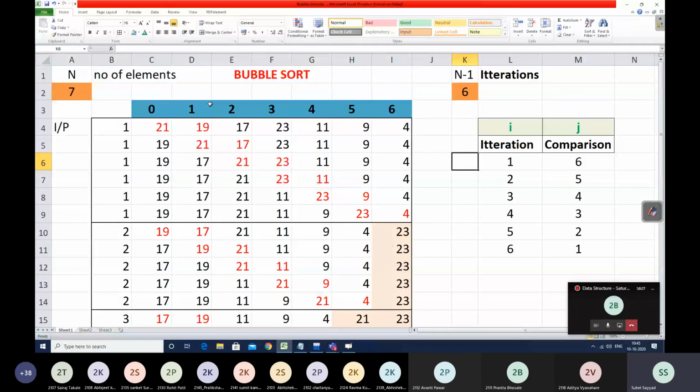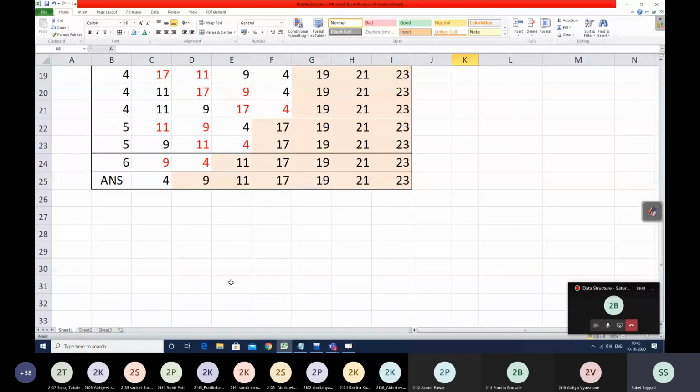So all this numerical should be there in your notebook notes. I'll be creating a link for uploading notes by afternoon, and I'll also upload the video recording of this lecture. Please see the video again so that you understand the numerical. And after you do that, I'm giving you one problem. That problem should also be there in your notebook. So you have to solve bubble sort for these numbers. I'm writing those numbers over here. All of you take down these numbers. Solution of this in the proper way, the way I have written iterations and shown the comparisons, all those things should be there in your notebooks. So before uploading the notes, this numerical should be there in your notebook.